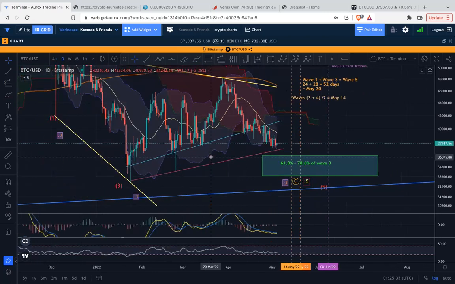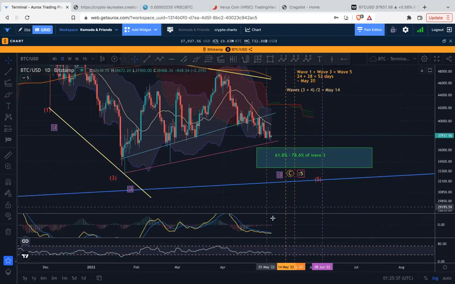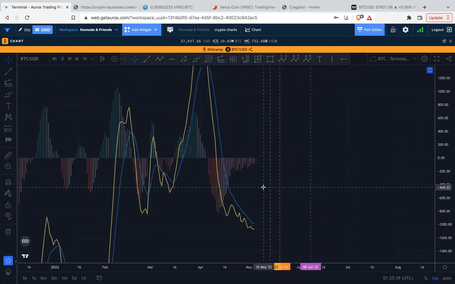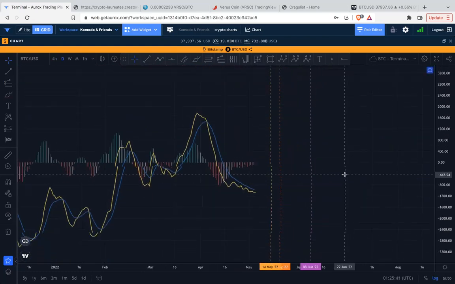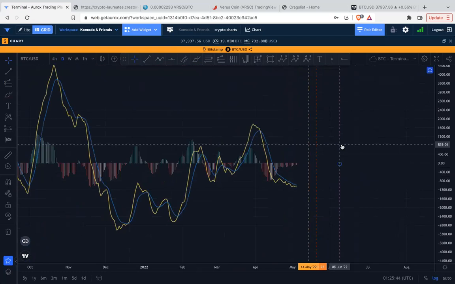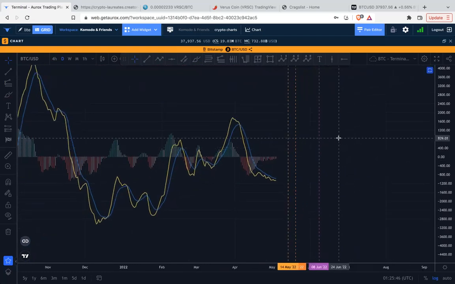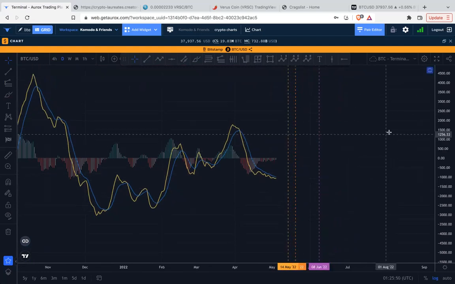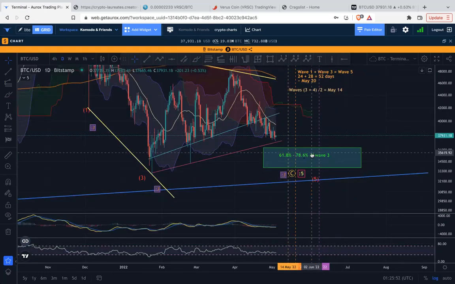It's kind of interesting, so stick around and find out what happens. Nobody knows, but I think there are some signs pointing towards a potential move to the upside before another capitulatory move down to the downside. Let's see what happens.